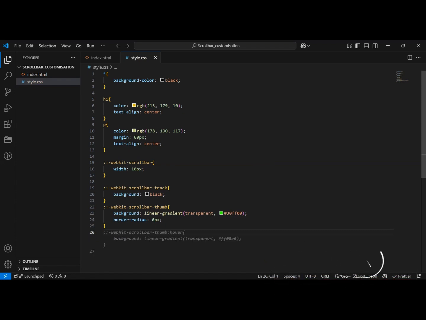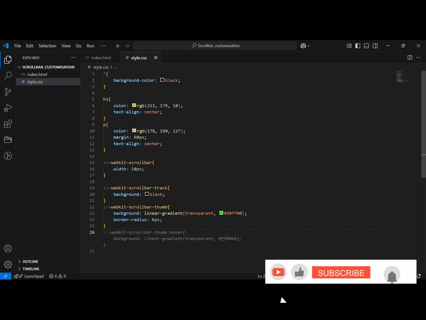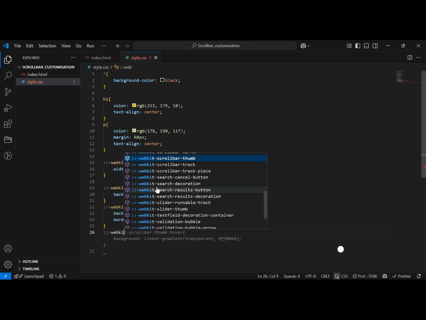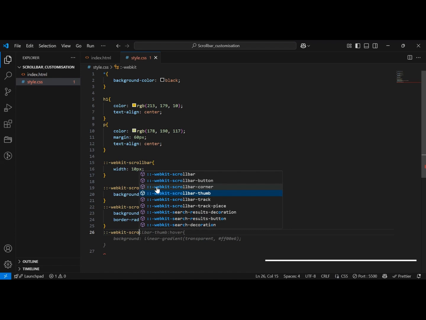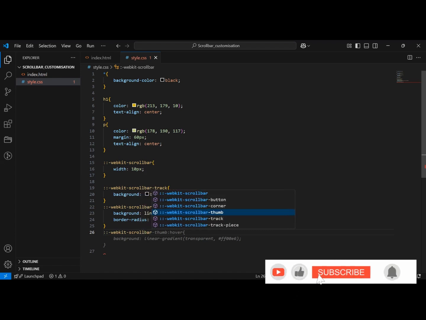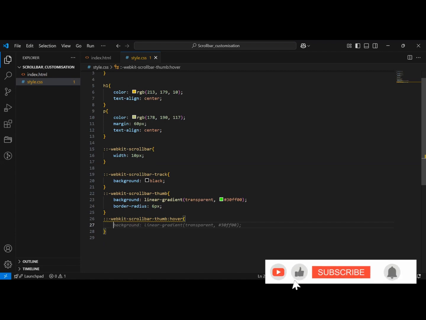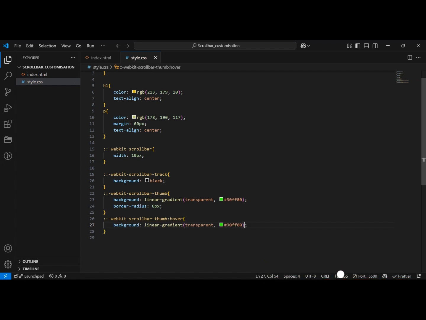We're also going to add some hover background. I'm going to make it like this, but let us change it to